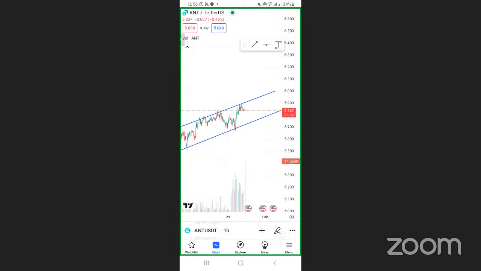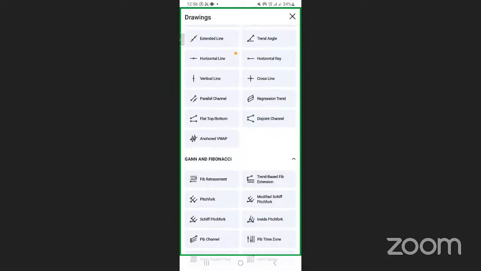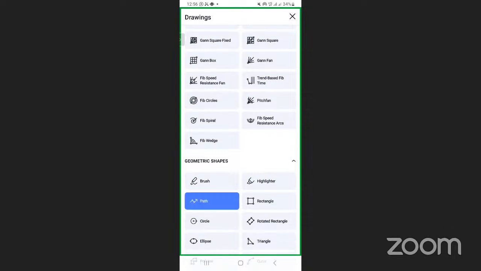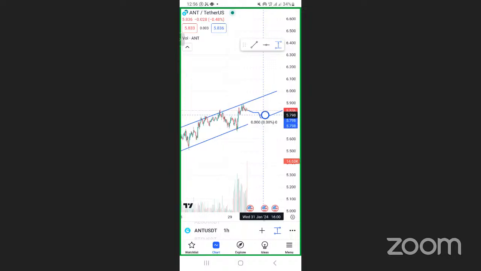So if this coin does this, let me draw for you. If this coin does this, then this, then reverses to this line, it will, of course, be pushed up, in case this trend is still on. It will be rejected on that line. I'll be showing you how I know that it has been rejected. So you would make a trade from there, targeting this line.